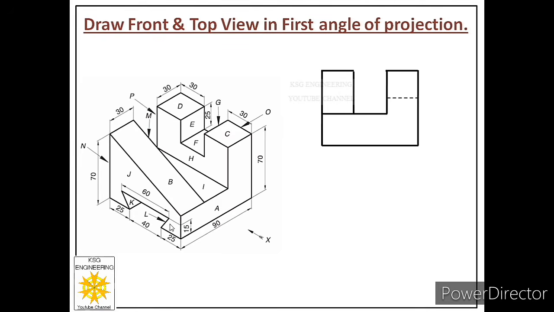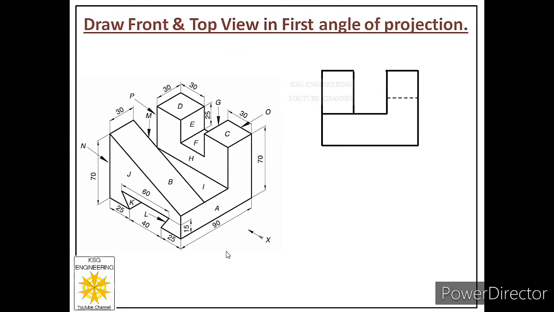Now after this we will plot the remaining hidden faces, and the remaining hidden faces are face K and face L. Now there is one important observation we have to make regarding these two faces. Face K and face L are opposite to each other and they are of same shape and size. It means when we will look from front, one face will hide other, or one face will cover other face. So it means there is no need to represent these two faces separately. Representation of one face only will show the other face also. So let us represent face K.